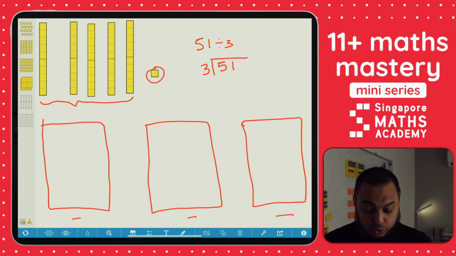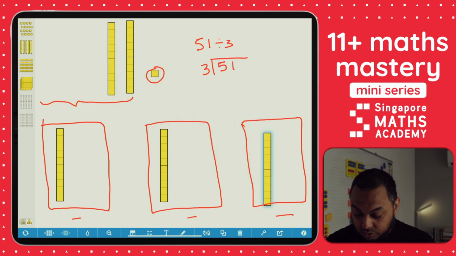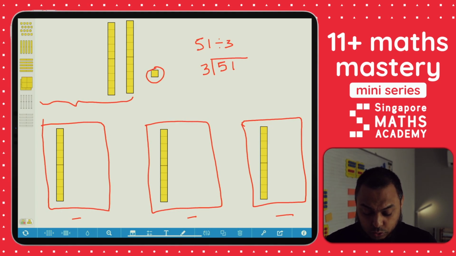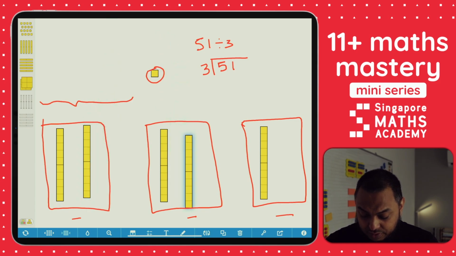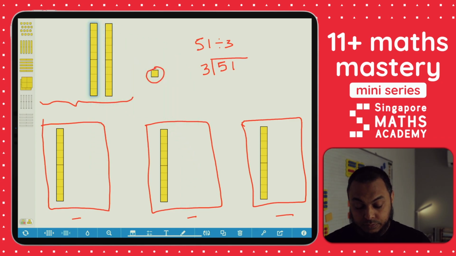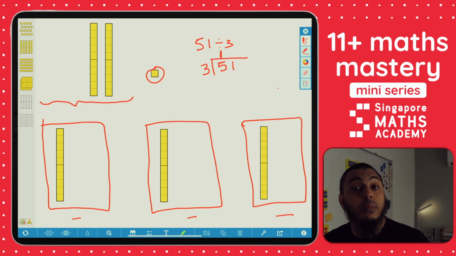So maybe what we'd do is we would share the tens, the packets, out. Packets of tens, great. I can see that I've got a packet of 10 for each of my friends. I can't share these 2, can I? If I gave a packet each, then one friend would not have the same number of packets. And so we can't share those 2. So what have we done then? Each of our friends has got 1 ten, a packet of 10. That's the tens column. So I put a 1 here in the tens column to represent that 1 ten